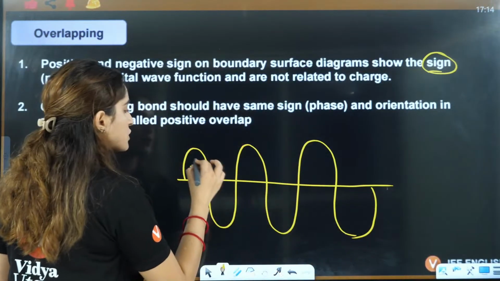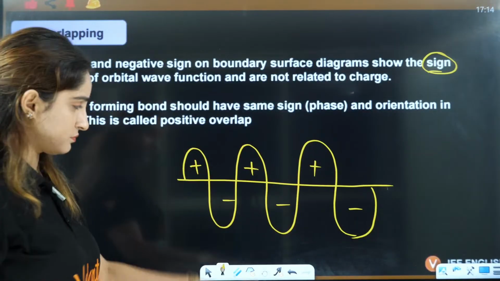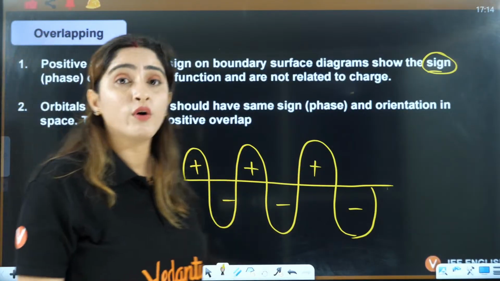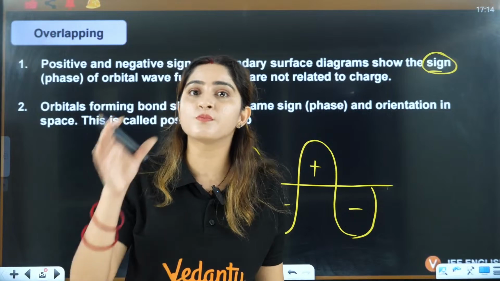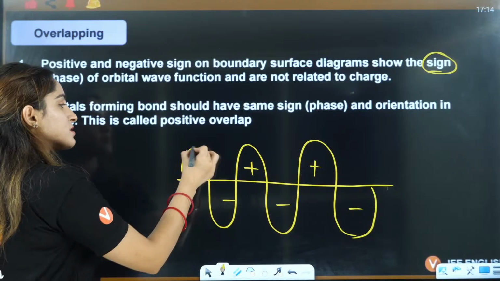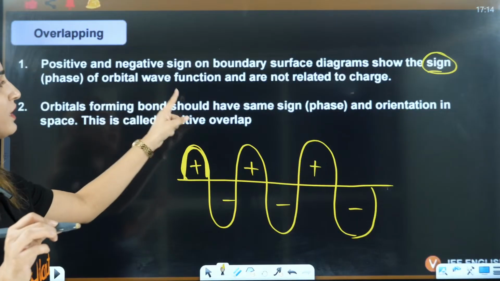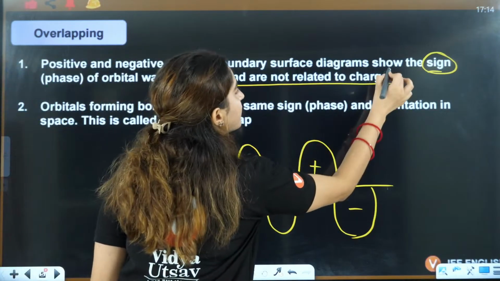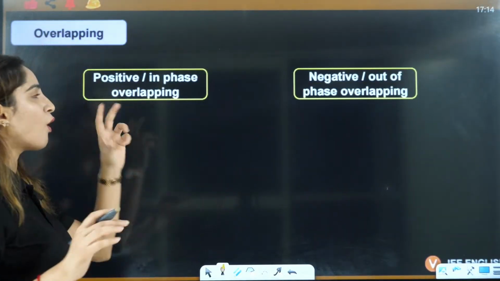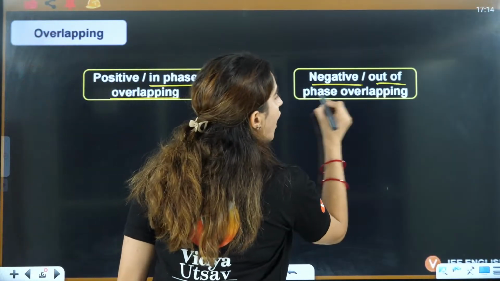We draw it like this. This is positive, positive, positive, negative, negative, negative. That does not mean that its charge is positive or this is negative. It has no relation with the charge. These positive and negative are telling you that these are the phases. These signs show the phase of the orbital wave function, not related to the charge in any case. So now if you talk about positive and negative, positive will be in phase overlapping, negative is out of phase